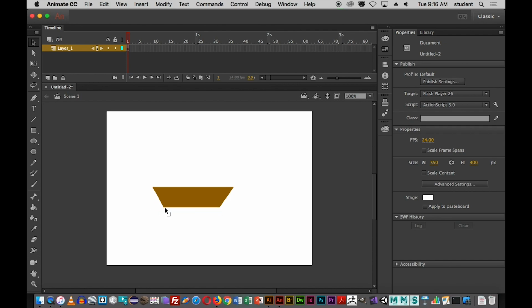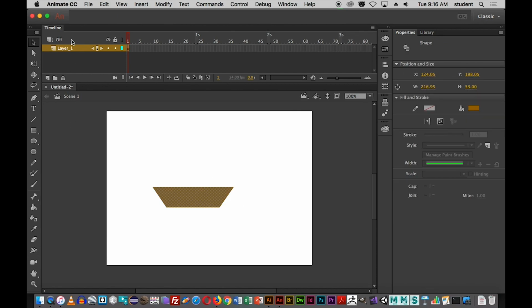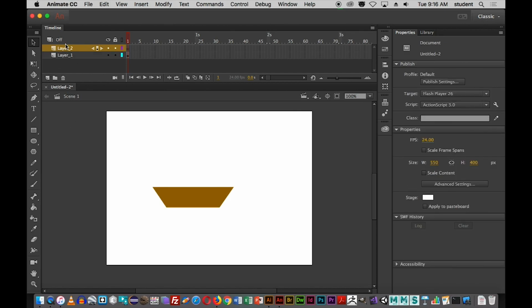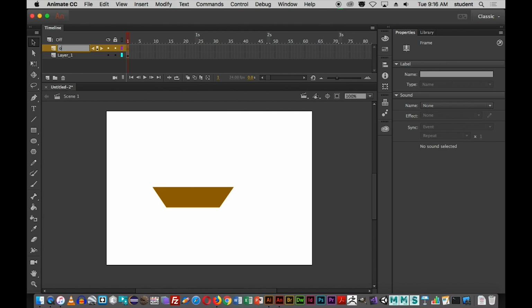So again, here's a boat. And then I'm going to create another layer, and this is going to be the ocean. And this is my boat. All right, so I have my boat,